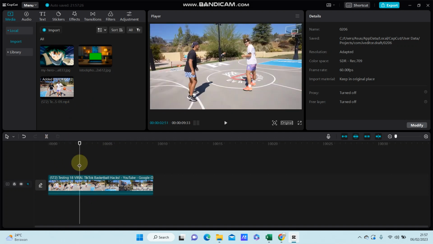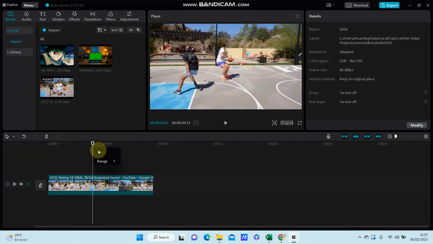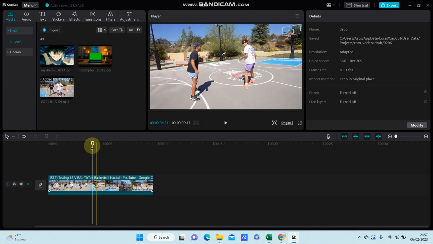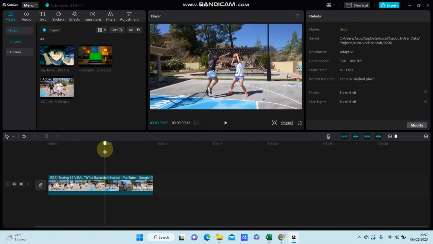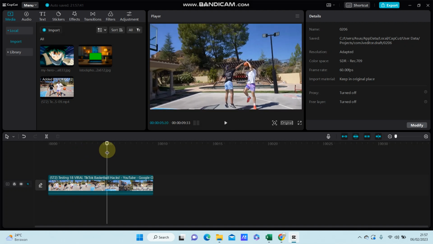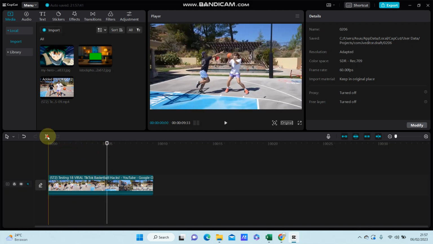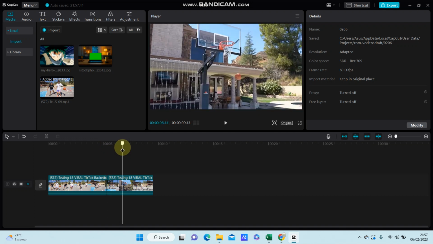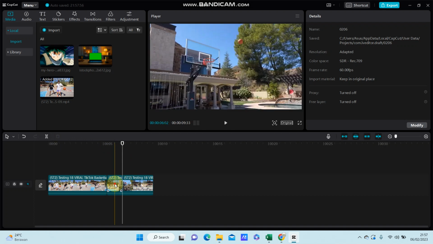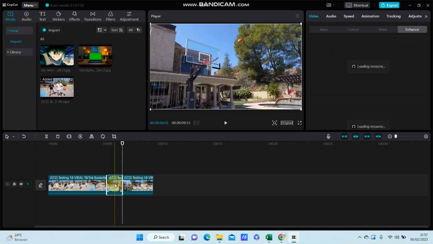split the clip. So I'm just going to split the clip in this section and until this section. So just tap on the split icon again and select the clip you want to make